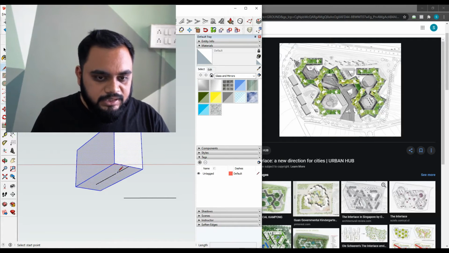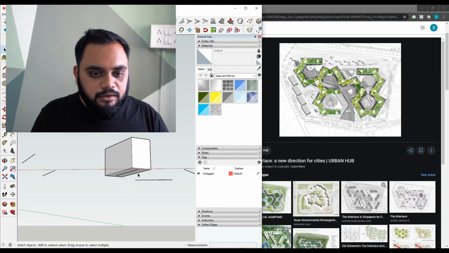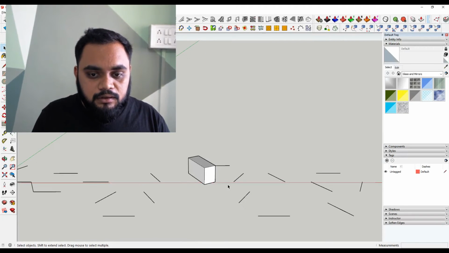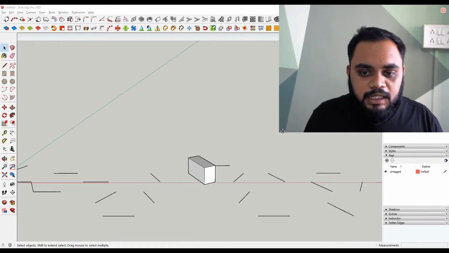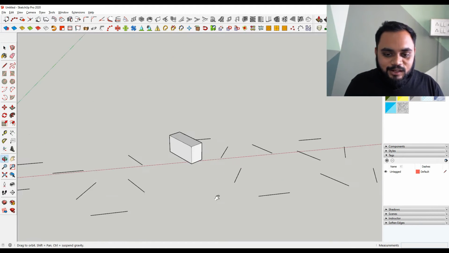Okay, then how do you place it in the center? Just make a line. Select the midpoint and then place it in the center. Alright, and now just look at the magic that is going to happen. I'll maximize this and reduce my camera. Now just look at this.